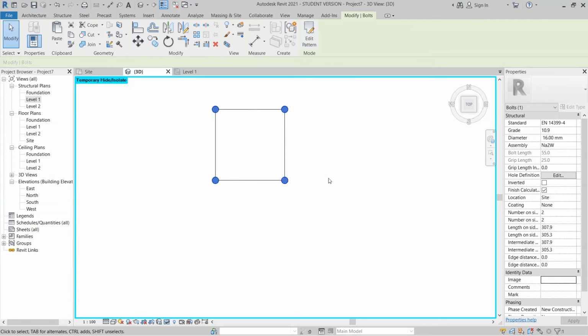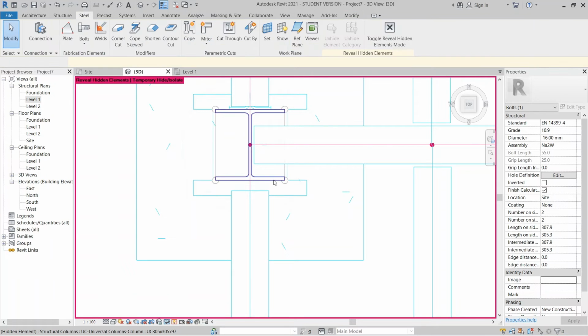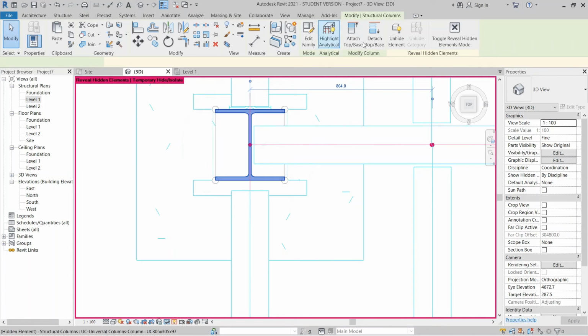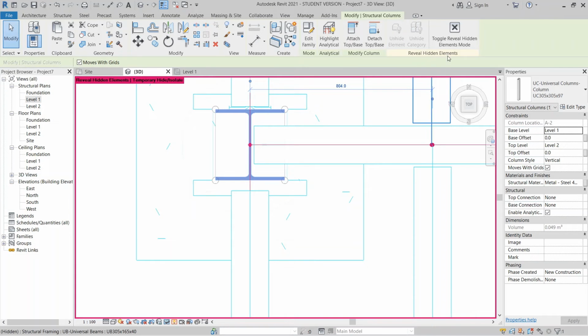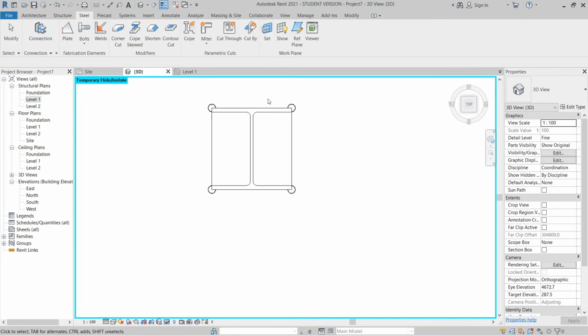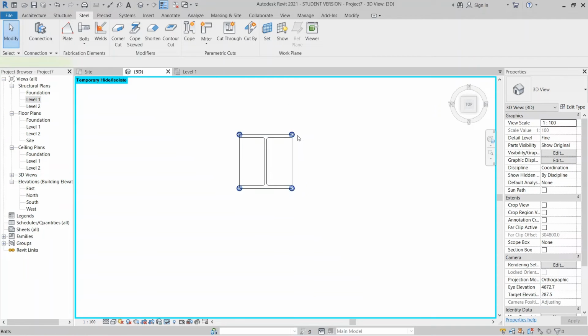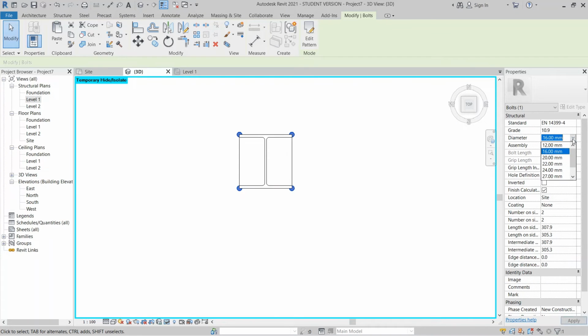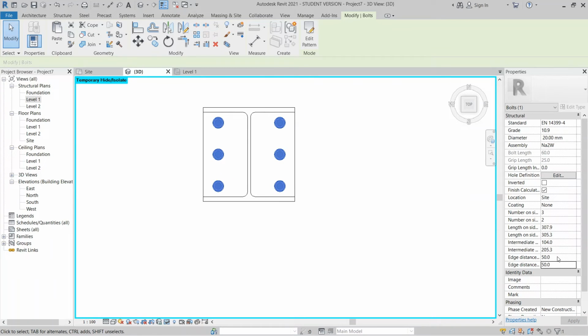And I want to revert back some 3D first. I want to revert back this one only, just like this one, then go to unhide element, then just close one, because I need to open this one back, because it's easier for me to adjust my bolt here. I just select my bolt here, then I change the diameter to 20, bigger, and for the number size I want to make it 3, and for the spacing here just give it 15 by 50, then just hit apply. Let's see what happens. Okay, so I want to make it more 80 by 80.